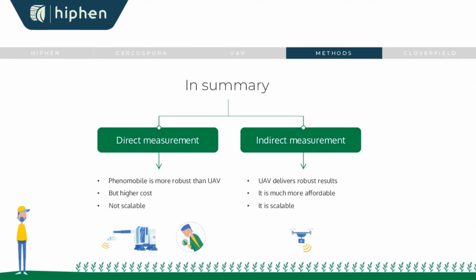And in summary, what is important to remember is that both approaches are great, but the big difference between direct or indirect measurements is that with a phenomobile, you'll probably get the most robust results, but it's not the same cost as with a drone, right? The cost on the phenomobile, or the cost if you're only using experts in the field, is much higher than what you would achieve with a drone, which is a lot more affordable and